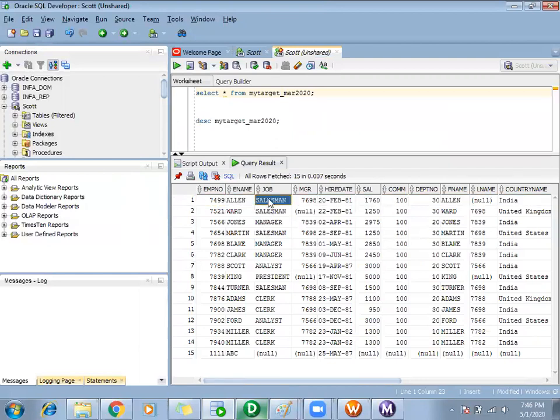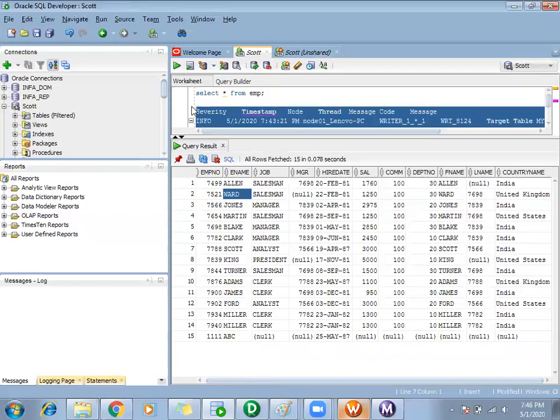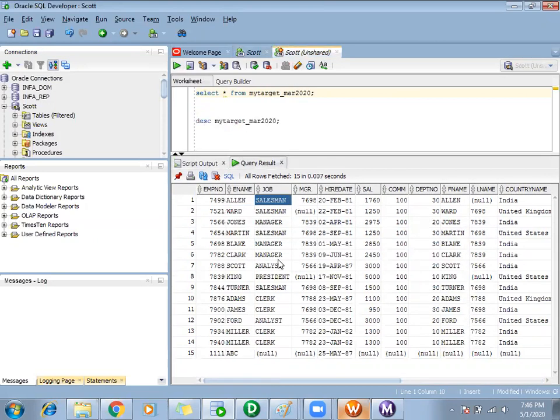We'll try to update his job using the treat source rows as update and all those properties. What I'll do, in my source, I will update his record: update emp set job equals to, so it is salesman here in my target.